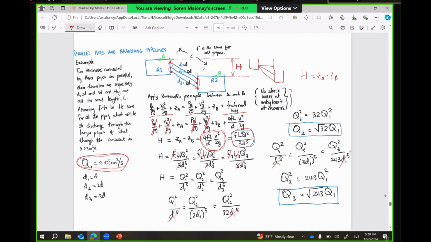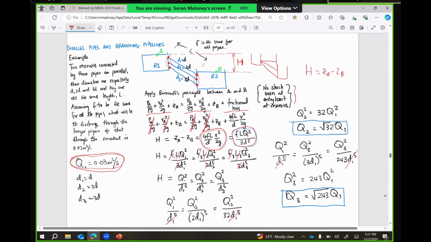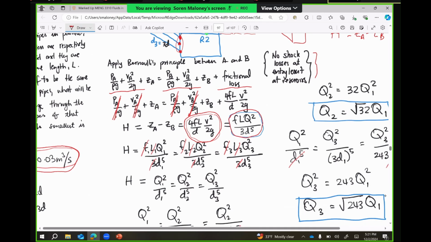I think that Q1 is the flow in the smallest pipe, just the smallest pipe, right? But you know that H is going to be the same for all these pipes because they are running between the 2 reservoirs. So now we can write our ZA minus ZB, right,